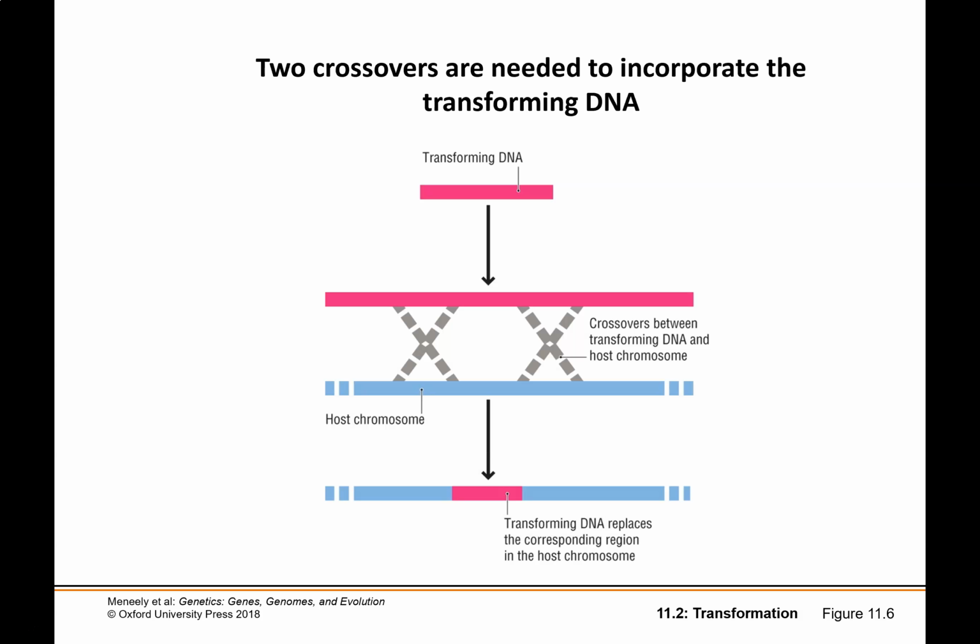So this brings up something that's important for bacteria, in that transformation generally occurs between similar or related species that already have some similar DNA. Because when they have this similar DNA, it can line up and cross over. And then crossing over happens just like we saw in our other chapters. So our homologous pieces of DNA are going to line up. They're going to perform crossing over. You require a double crossover event in order to actually incorporate that transforming DNA.